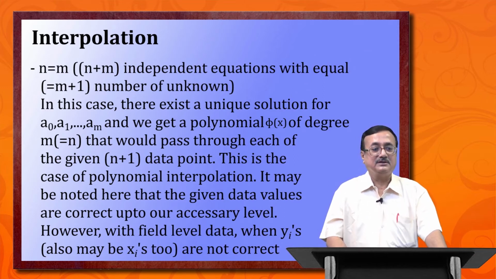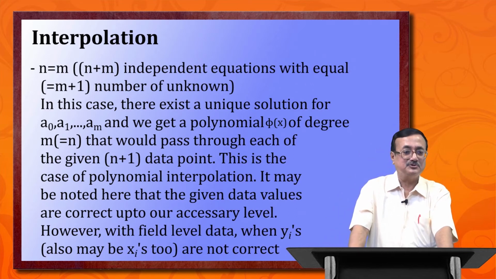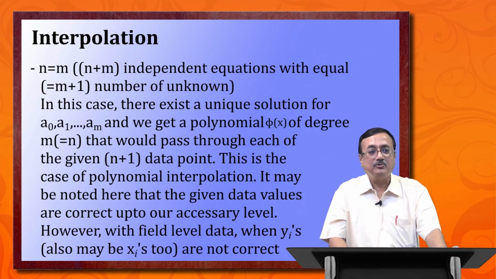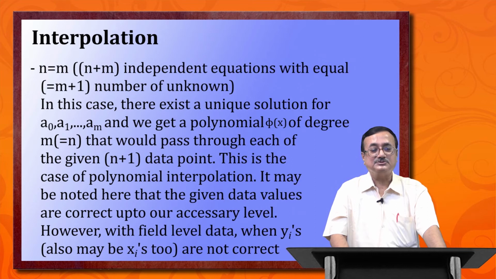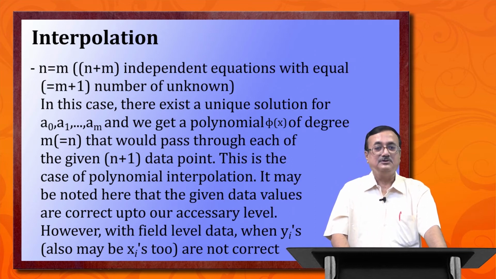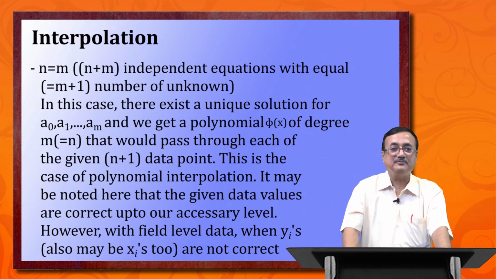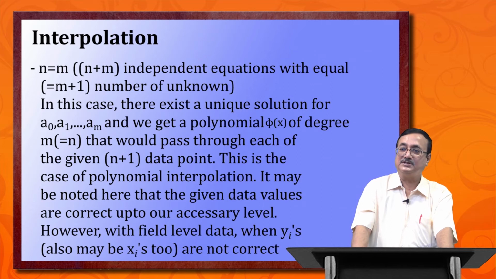Sometimes yi can be determined from the functional form of y, so that yi contains only rounding errors. But there are many situations, particularly in the social sciences, when yi are taken from market research. In that case, yi are not as accurate as the x's. There is then no need of finding a polynomial curve which passes through each of these data points. That is a separate question, and we shall opt for the least square method or some other method for